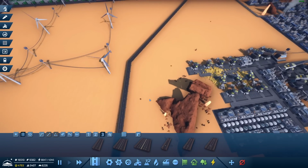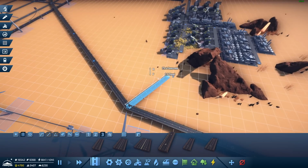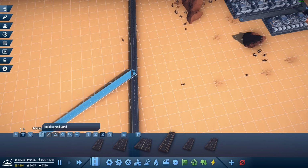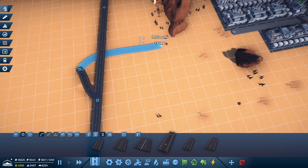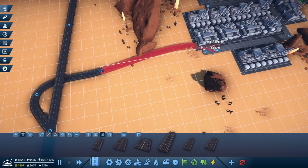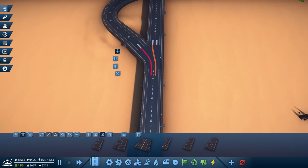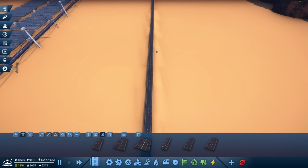So what I want to do is, right about here, I want to take this down to ground level. Actually, we might do it here. I take this down to ground level on, and we're going to try this, on the left-hand side, and bring that through there. It's not too bad with the curve. I don't mind the curve. And then, why can't I plug that in there? Cool. And what I want to do is, I want to make sure the right-hand lane can go into both of them, and the left-hand lane just goes to the left. And that is